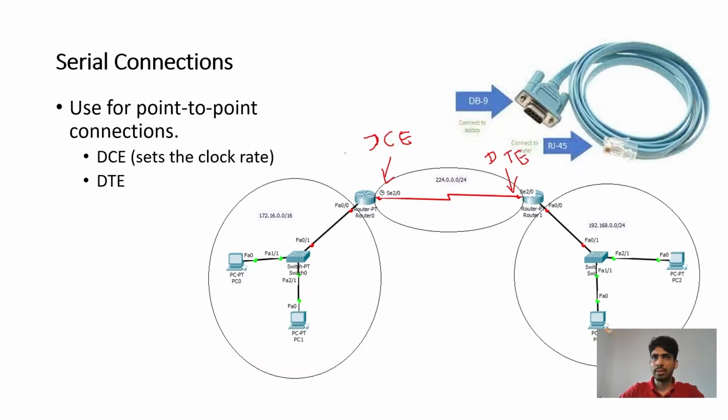So DCE is the data communication equipment, and DTE is the data terminal equipment. When we are initializing a serial connection, we have to declare the clock rate. We declare that on the DCE, so it communicates it through the other end and negotiates it. We also use this serial flag. These serial connections use the serial ports on those routers or whatever device. So when you are configuring a router or switch, your switches have these serial ports, and we are using